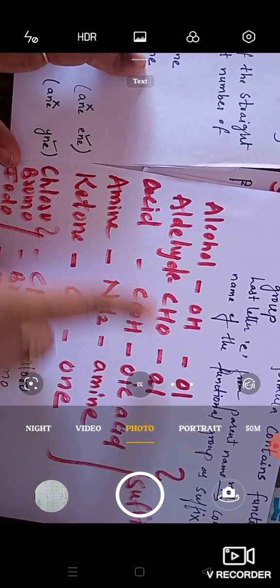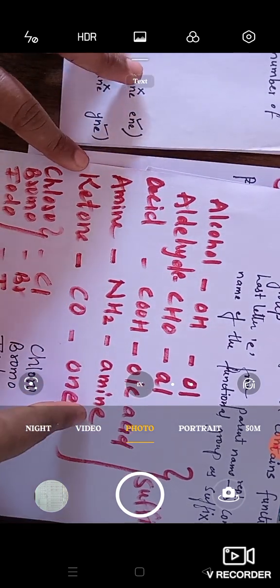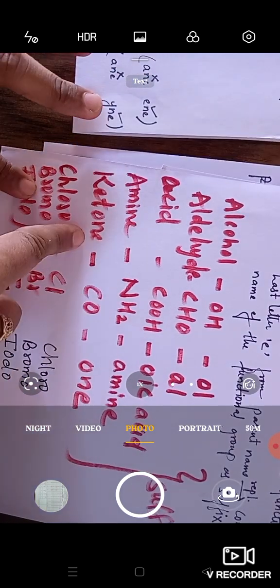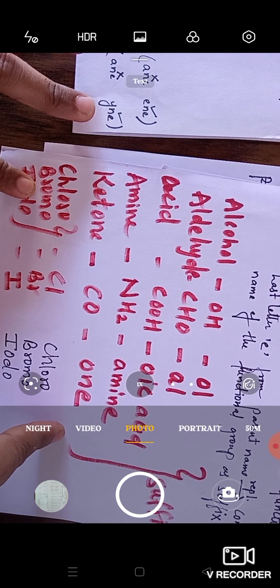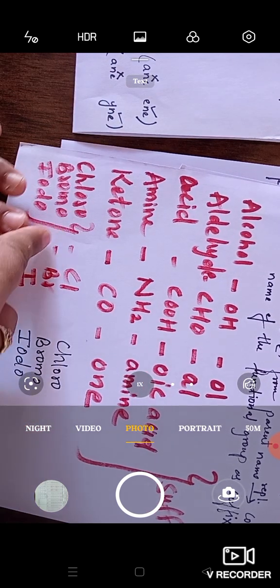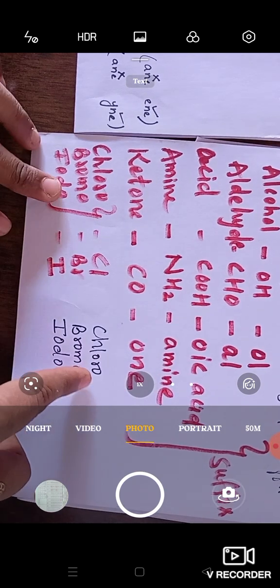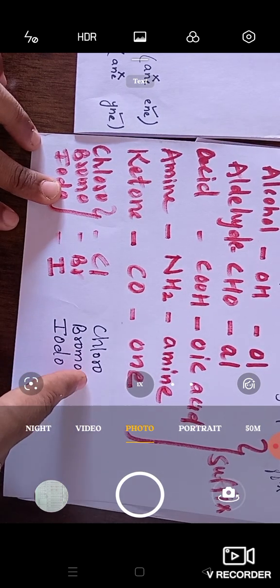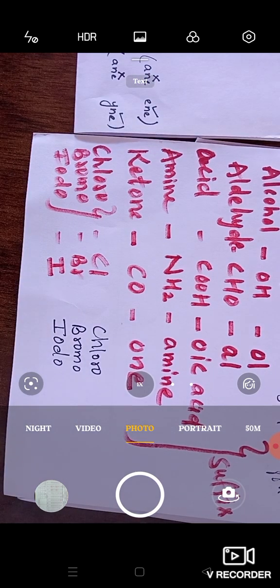If aldehyde group is present, E will get replaced by al. If acid is present, E will get replaced by oic acid. If amine is present, E will get replaced by amine. And if ketonic group is present, E will get replaced by one. And if chloro, bromo, iodo functional group is present, they will be taken as chloro, bromo, iodo, but they will be used as a prefix